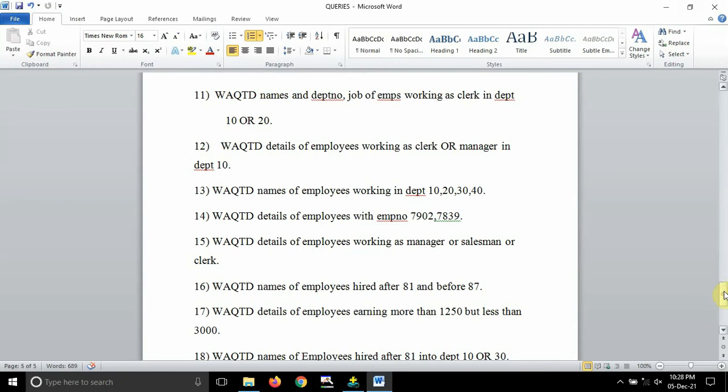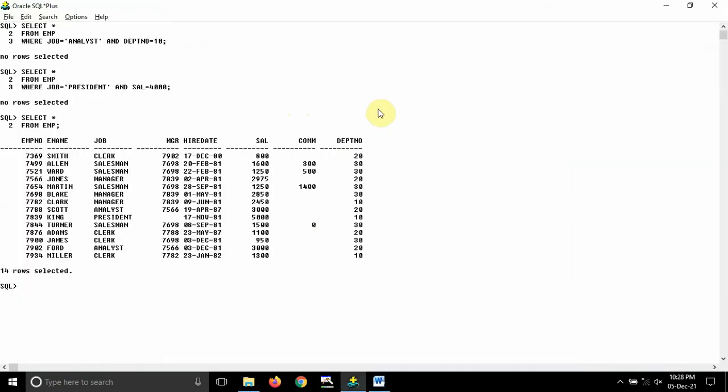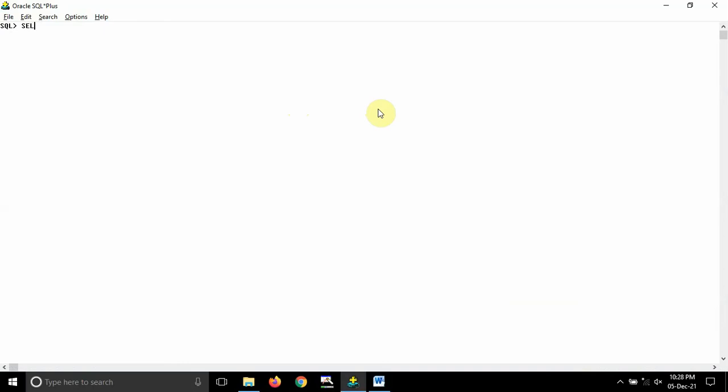Okay, so 11th question, write a query to display names, department number and job of employees working as clerk in department number 10 or 20. See here, guys, I want to display employee name, department number and job. So first I will write clear screen and select employee name, ENAME.